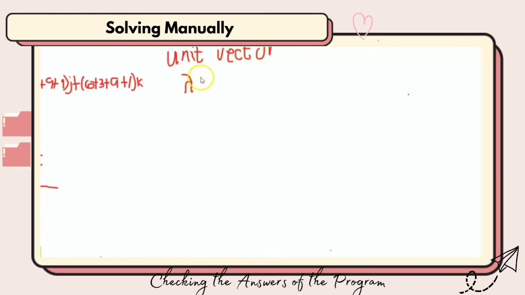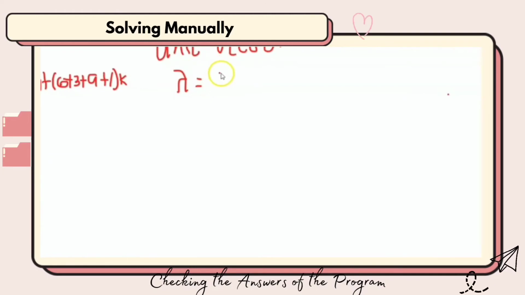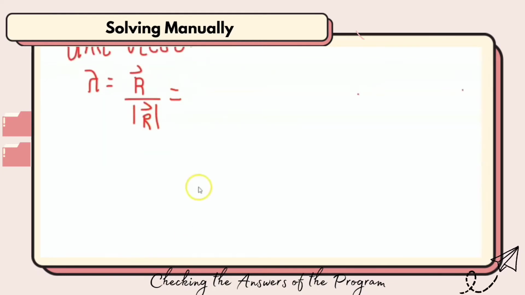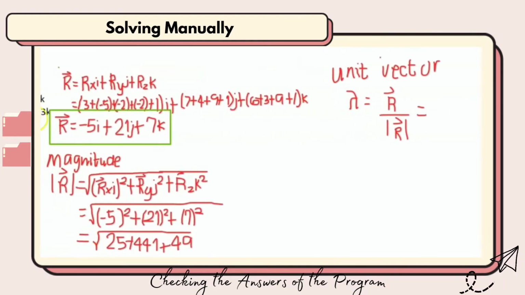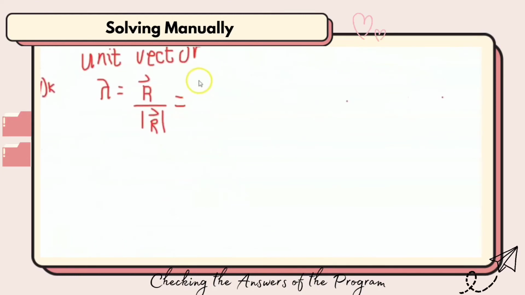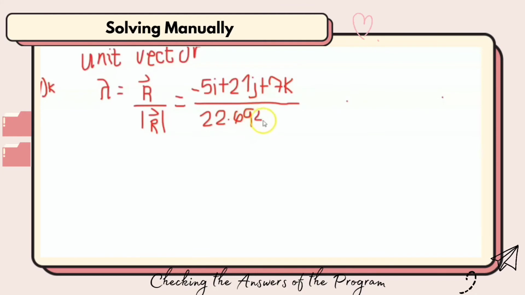The formula for the unit vector is lambda equals vector R divided by the magnitude of the vector R. The vector R we solved earlier is -5i plus 21j plus 7k, divided by the magnitude we solved earlier,